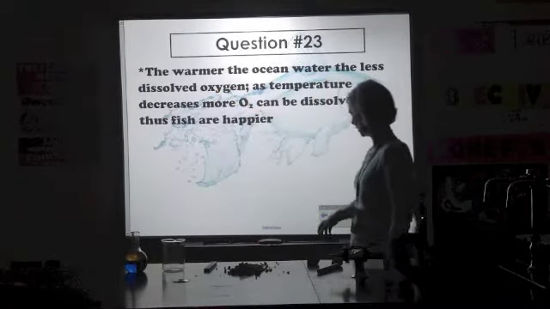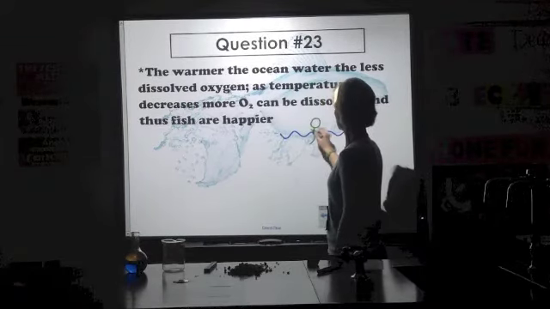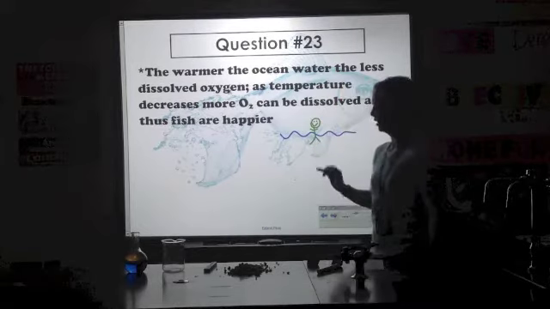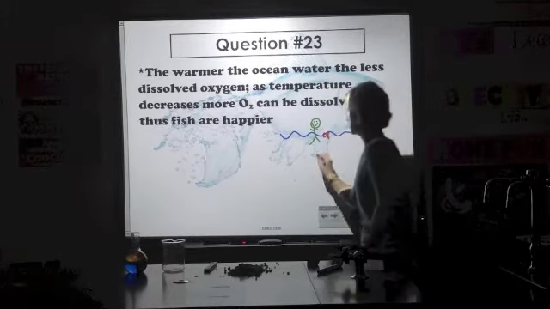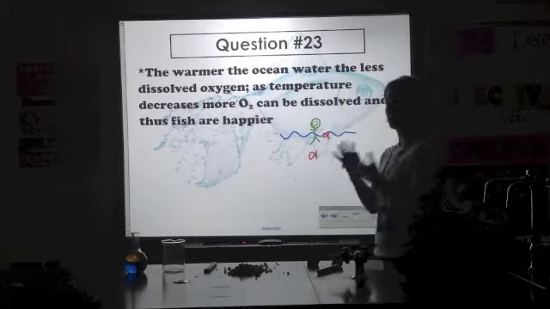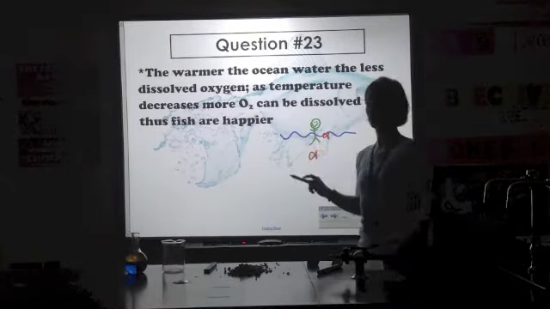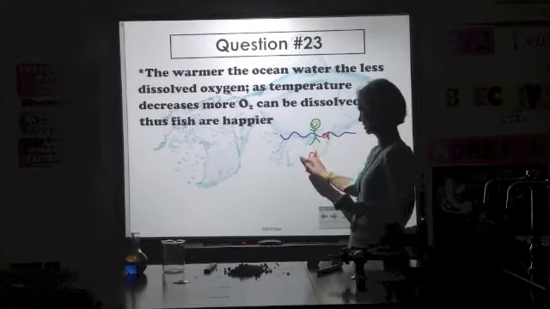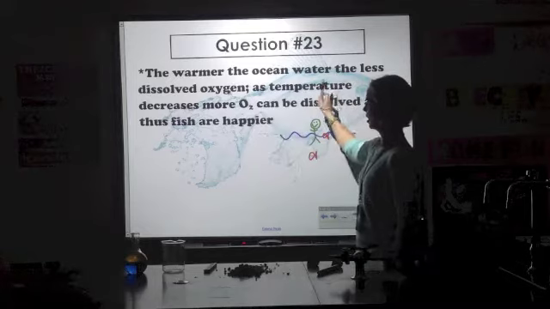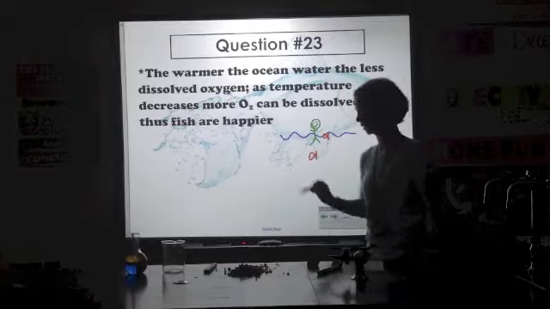So think about where you're chilling out when you're in the ocean, and you're happy, I'm going to make you green, and you're just having a grand old time. The fish are generally not going to be hanging out with you up here. The fish are going to be down here. So keep in mind that the surface water is really warm, but as it starts getting away from the surface, the temperature is going to start declining. You know that from when you did your ocean floor projects. So as we get down here, we're going to have more oxygen. As the temperature decreases, there's more oxygen, and that means this little guy right here is going to be a lot happier.